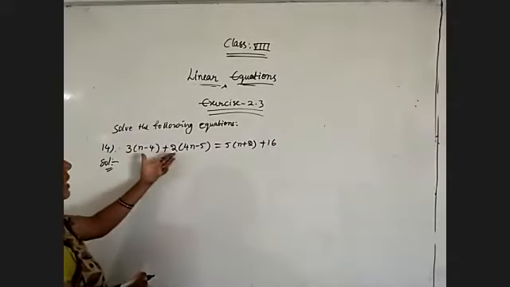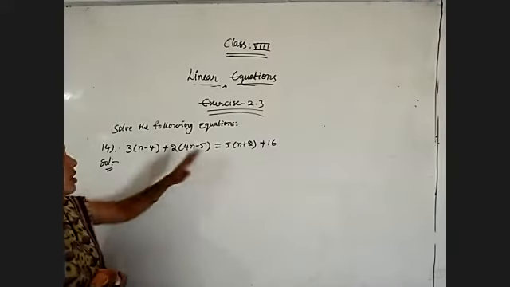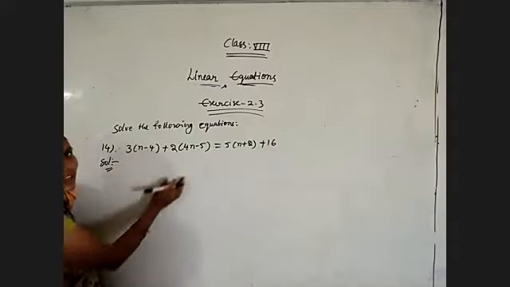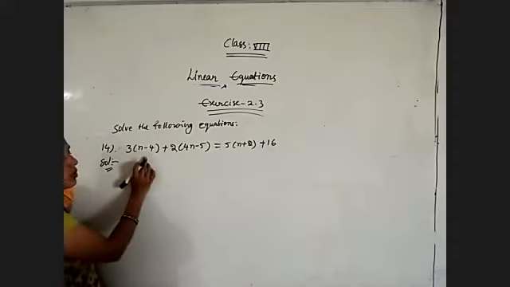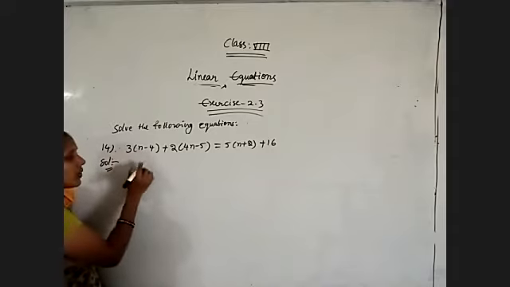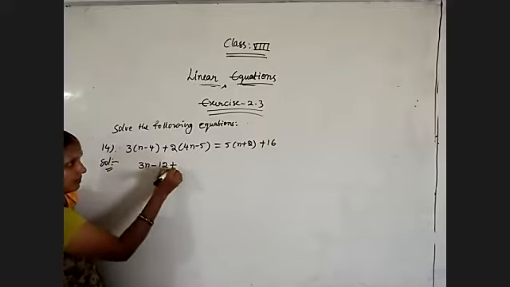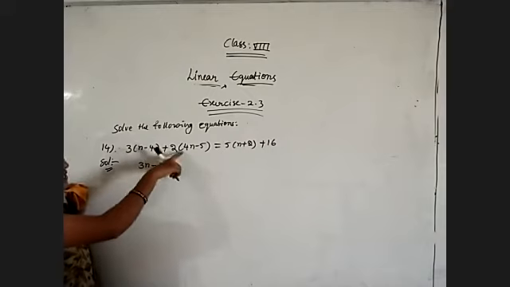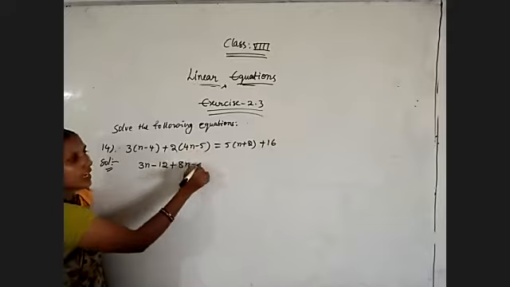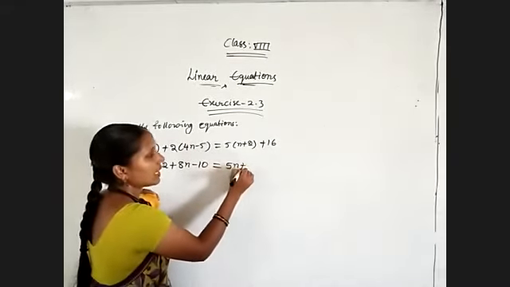So just observe here, LHS side n terms are there and RHS side also n terms are there. So both the sides we have the variable. So as I told you, when we are getting the brackets, first we need to remove the brackets. How can we remove? Multiply with 3 inside whatever terms are there. 3 into n, 3n, minus 3 4s are 12, plus. So here plus only we have, signs will not change. 2 4s are 8n minus 2 5s are 10 is equal to 5 into n is 5n plus 5 2s